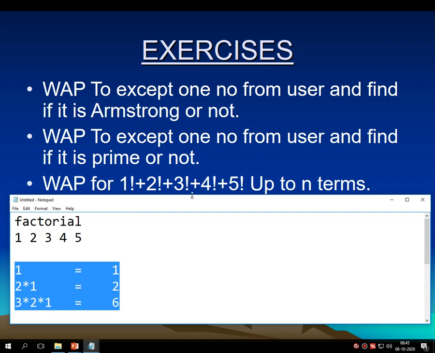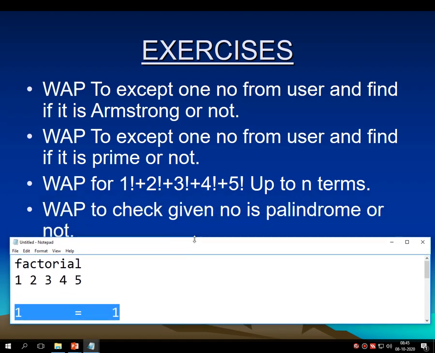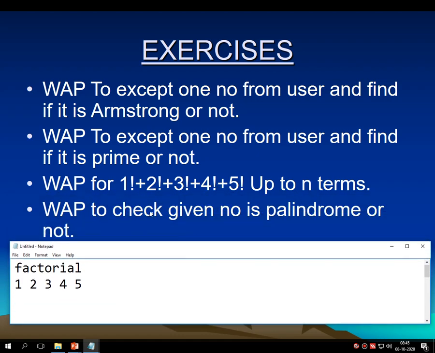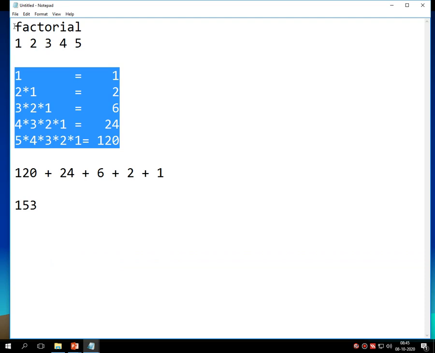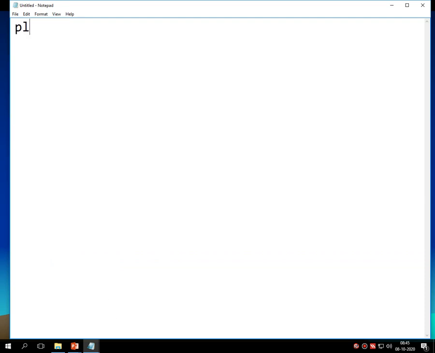Right? Next is: write a program to check whether the given number is palindrome or not. Now what is palindrome? Say for example, I am entering one text, that is madam.